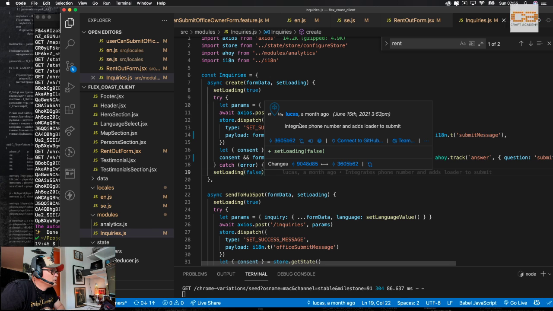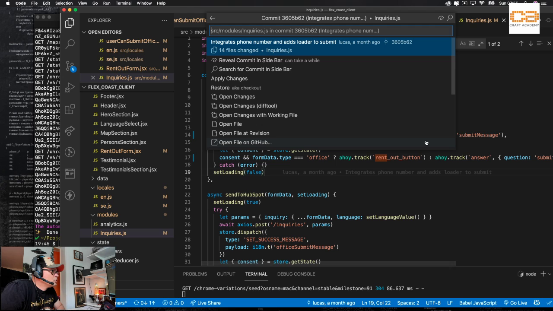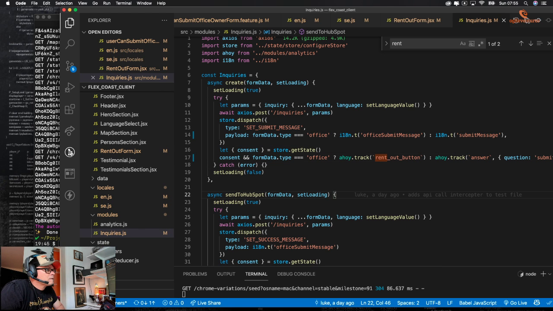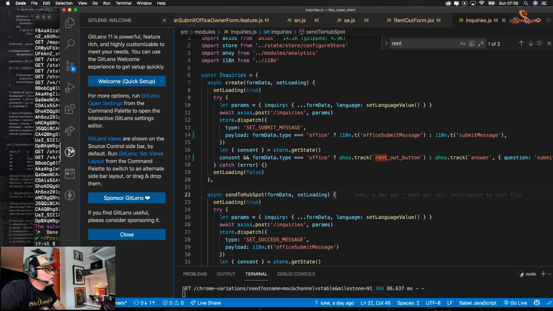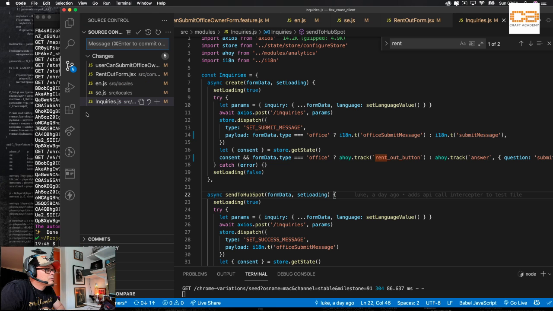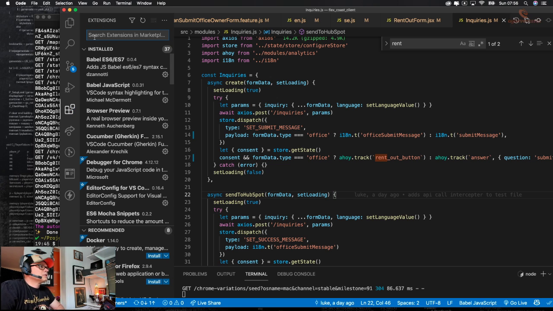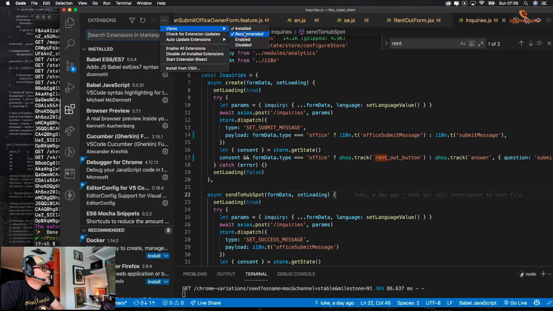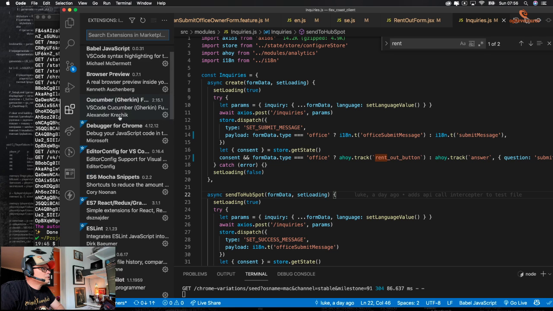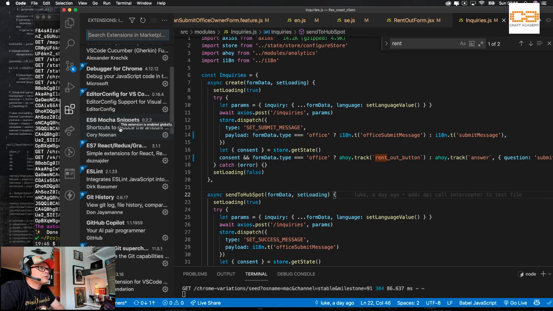Okay, no, that's not it. Which one is it? It could be this GitLens feature, which needs GitLens. No, that's not GitLens. It must be this one, source control. Or which one is it? Can't remember. So let's see, view installed, just the installed ones. I have quite a few of them installed.